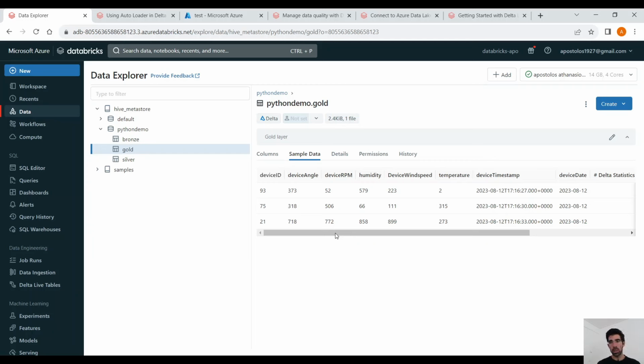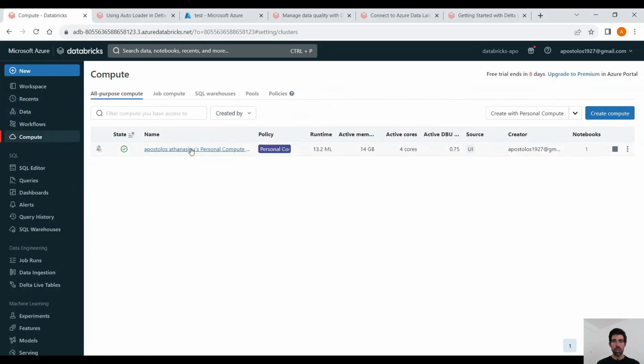Now, bear in mind that Delta Live tables spin up a cluster when we create a pipeline, right? A Delta Live table pipeline. But also we need to create another cluster to interact with our notebooks. And that's why, as you can see here, if we go into compute, you will see I have spun up a cluster. I have created a cluster just to interact with the notebooks and run